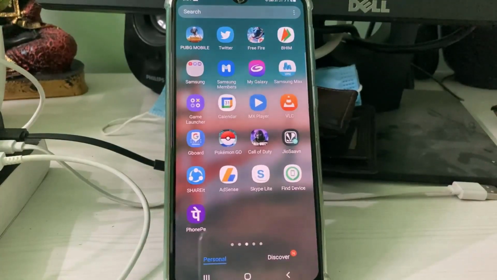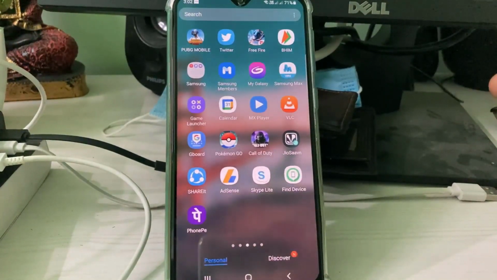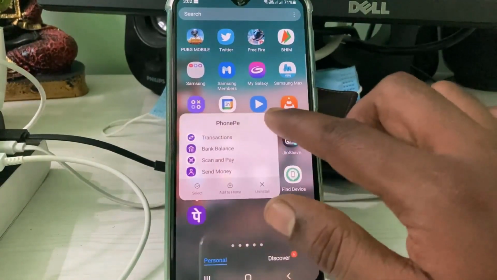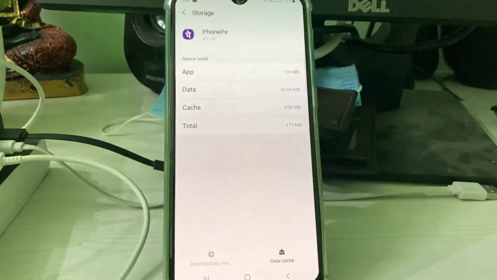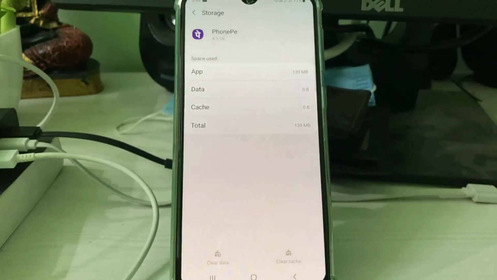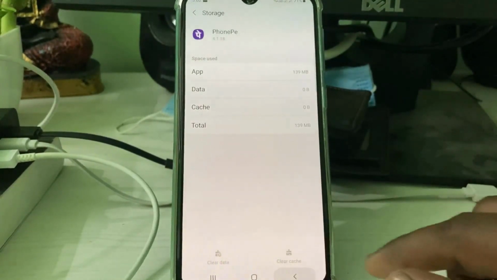If you get this error, first of all clear the PhonePe app data, and also give all the access permissions to the PhonePe application.